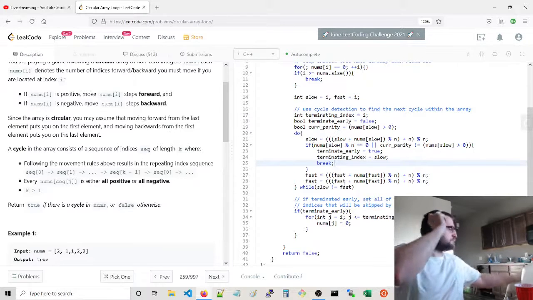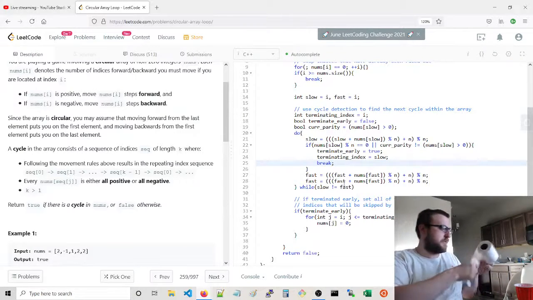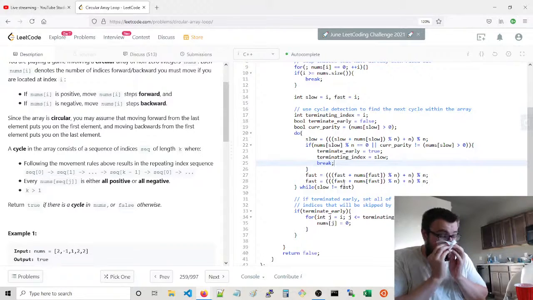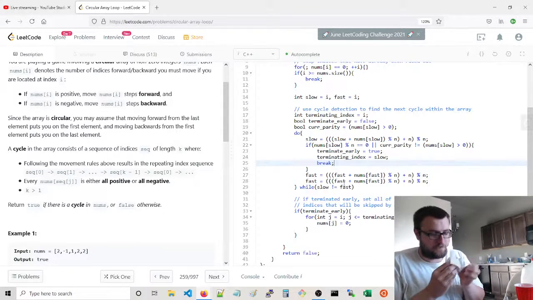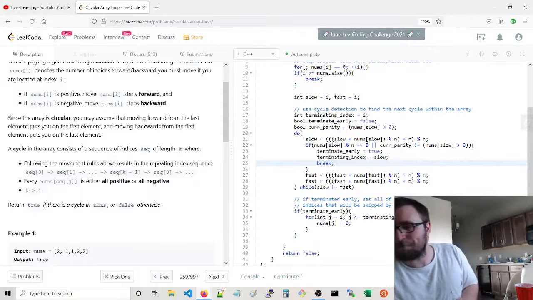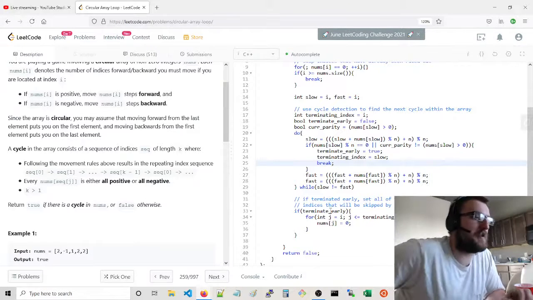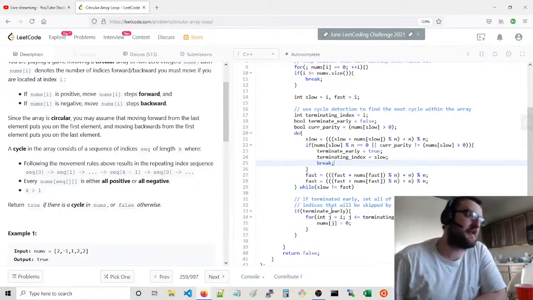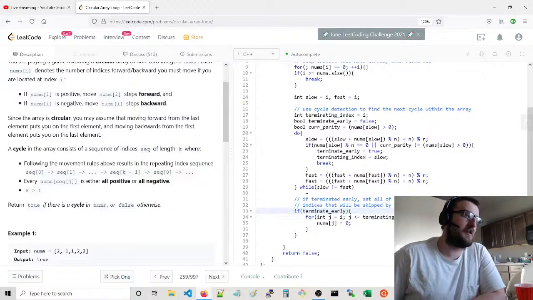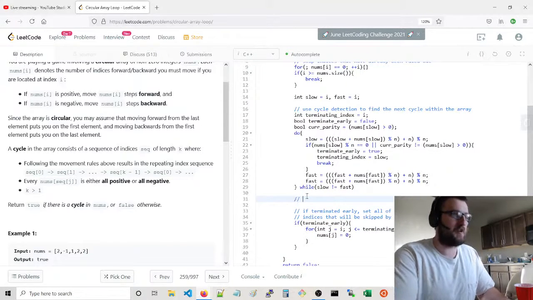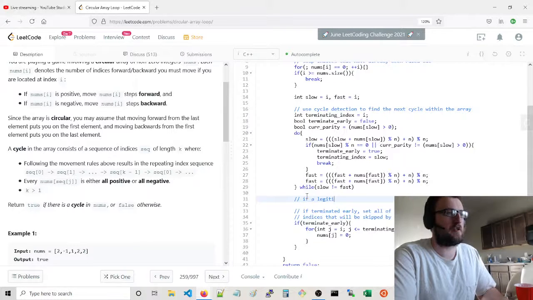Excuse me, whoa. I actually don't think you need to necessarily set this terminate early. I'll explain in a moment. But basically, if a legitimate cycle has been found,